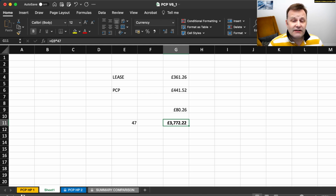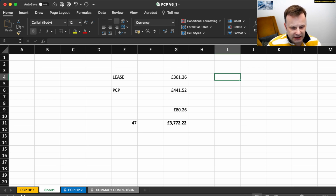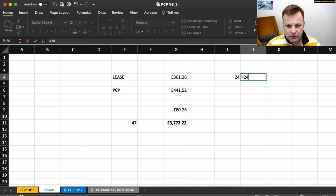Leases tend to have to run full term without hefty penalties. Now the penalty would depend on the lease company, the finance company, etc. But let's assume that the penalty is 50% of all of the outstanding payments left to make, and we'll compare the two. So let's say at 24 months on the lease, we will have paid 24 times